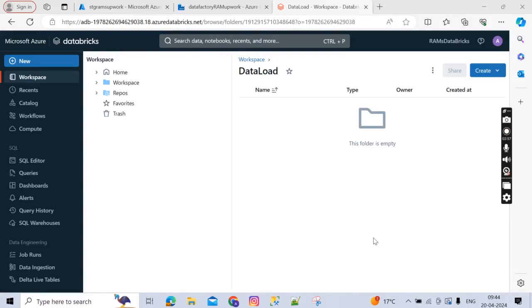Welcome to this next video. So until now what we have done is we have created our Databricks access connector, then we have created our storage credentials, then we have created an external location also. So what we'll do now, we'll go ahead and create a notebook and we'll try to read our files in